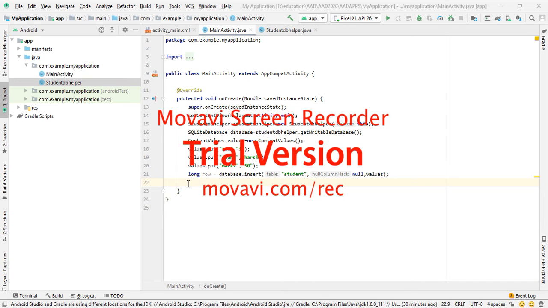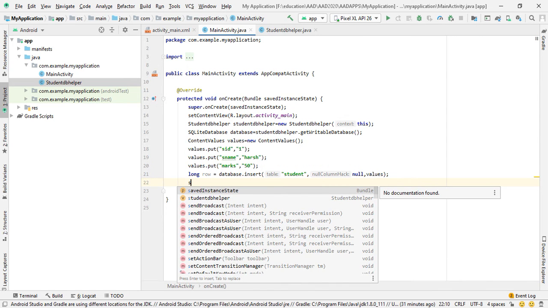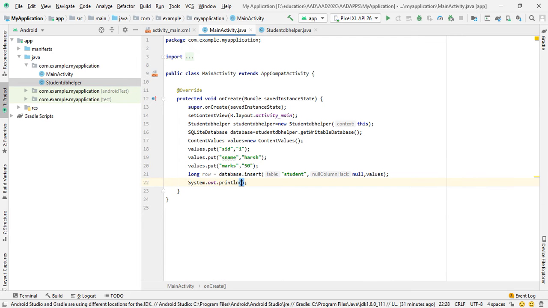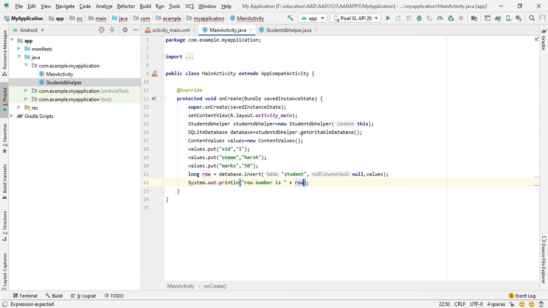Now let us print this row value using System.out.println, row number is plus row.